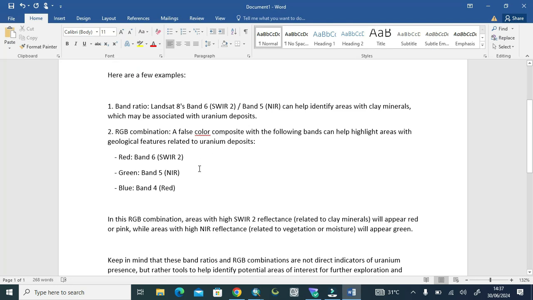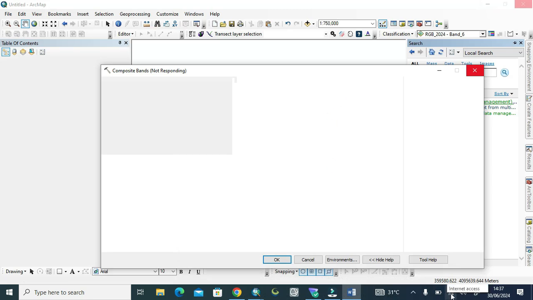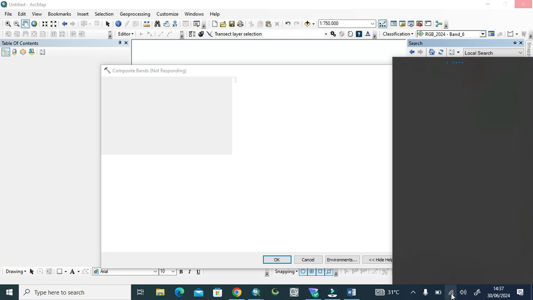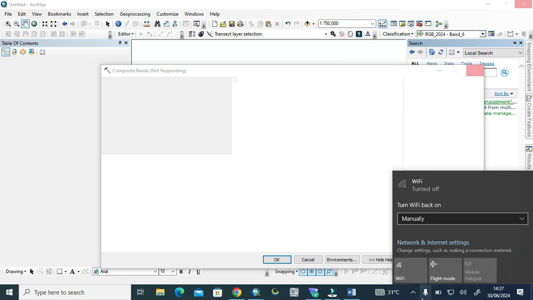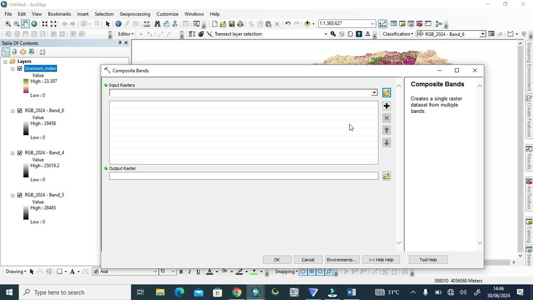Due to the data, it takes time, because sometimes the signals take a little time. So we turn off our internet connection, because it's totally offline work, and we don't want to interrupt our process. Now our tool is open. Now we paste here these 3 layers, these 3 bands of Landsat 8, to make the RGB component.